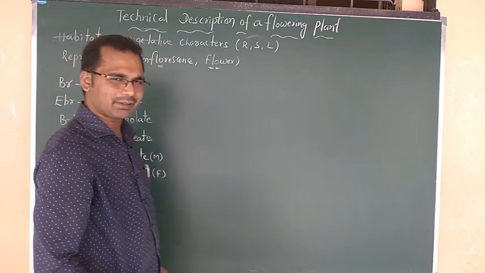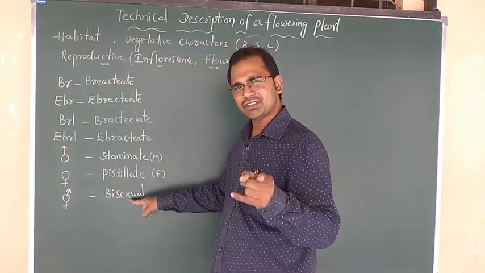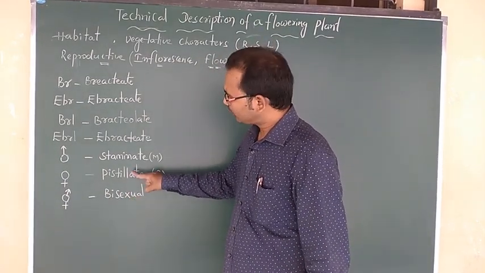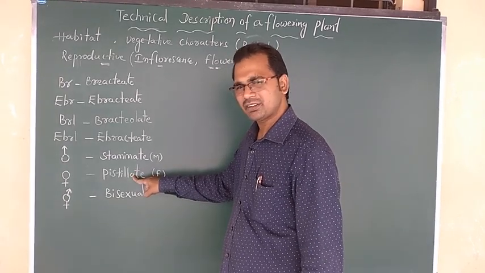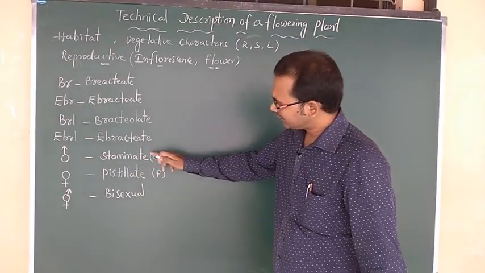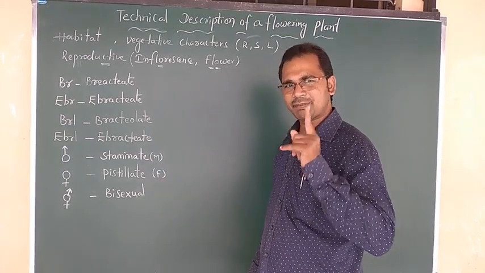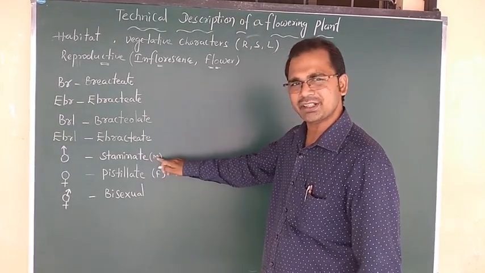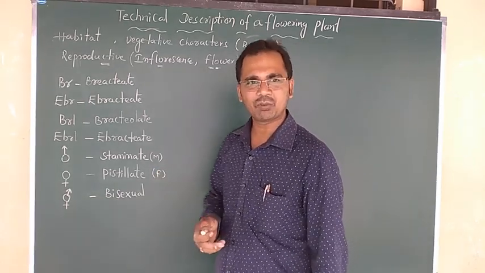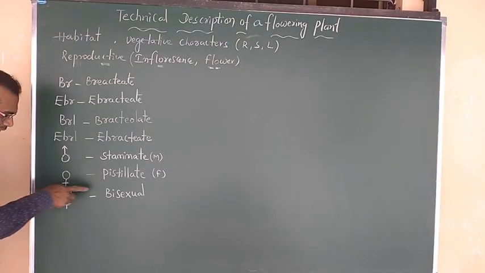Bisexual flower. It depends on the conditions. The flower with both stamens and carpels is there. What do you call that one? Bisexual flower. Only pistil is there, pistillate flower. Only stamens is there, that we call a staminate flower. This is only the sex of the flower we are discussing. Male part only present, stamens only present, we call staminate. Pistil only present, we call pistillate. But both are present in one flower, what do you call that one? That is called bisexual flower. Okay? Symbol, it's a normal symbol.